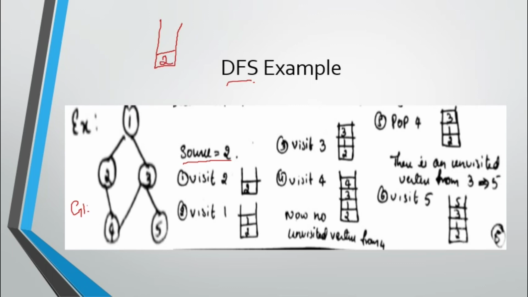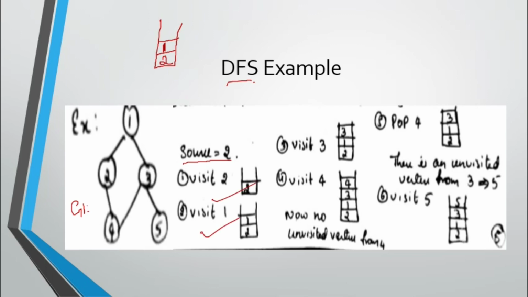After that, from the source vertex we need to go to the next adjacent vertices. In its adjacency list we have 1 and 4. We can visit either vertex. Let me go in an order, so from 2 I will go to 1. As I visit vertex 1, I have to write it into the stack, or push that element into the stack. That is what they have shown in the first and the second step.